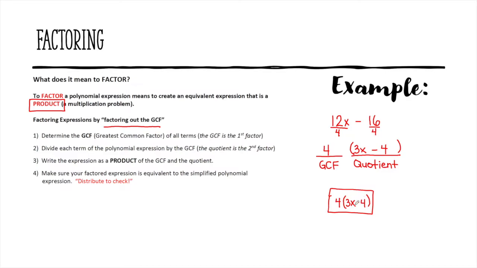I remember telling my classes when we learned this earlier in the year, it is as if we are undistributing the expression. Now there's a couple of ways to check. One way to check is you could distribute back. So 4 times 3x is 12x. 4 times negative 4 is negative 16, so we know we're good. But the other way we know we're good is you want to make sure that the terms in the parentheses no longer share any letters in common or any factors. And you can't put any number into 3 or 4 except for 1, meaning they're relatively prime, if you remember our vocabulary word, which means we're finished.